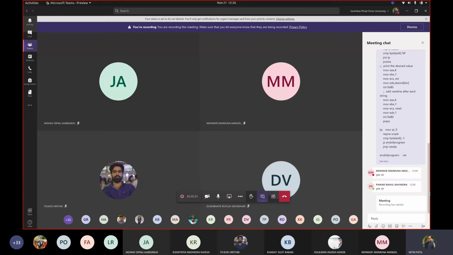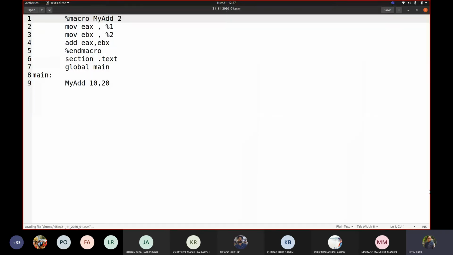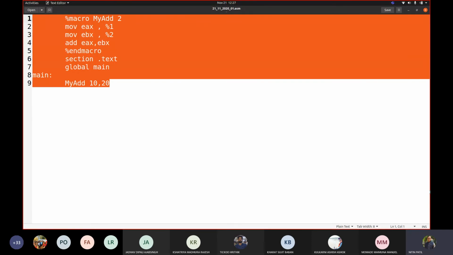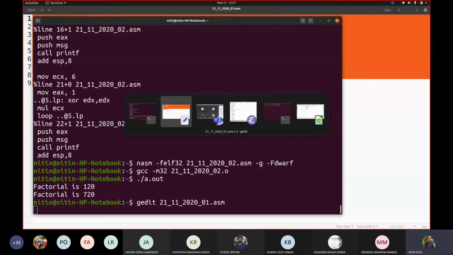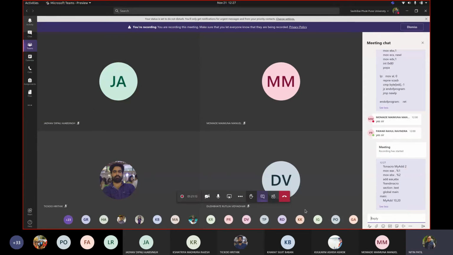So I will add a few programs containing macros in a day or two so that you can refer to them, and I will give you a list of programs to be written by you so that you can submit them. Try to write the programs on your own. Let me add that code for your reference. This was the first simple macro definition.